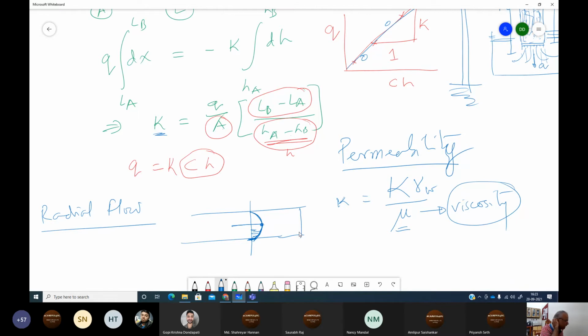Like in an oil field, if the permeability is 50 millidarcy, they will be so happy. 100 means they will jump with joy, that all the oil will flow, no problem. And if you say 1 darcy, then everybody will get a bonus, because all the oil will flow. The problem with petroleum fields is their permeability is very low, and that's why we have to do many tricks to increase that permeability.